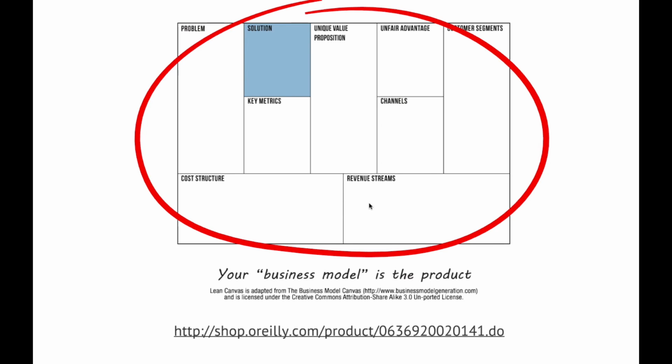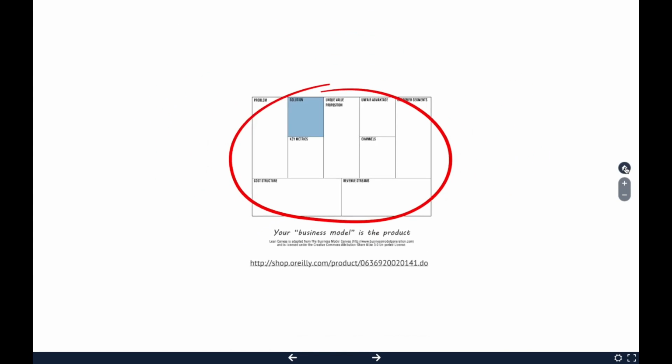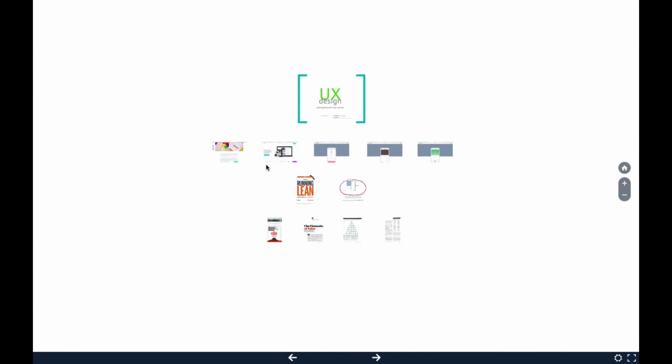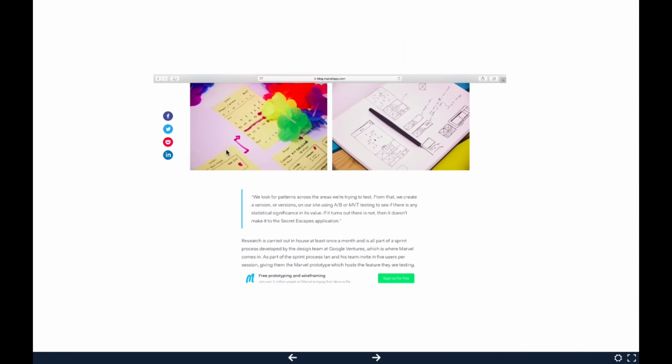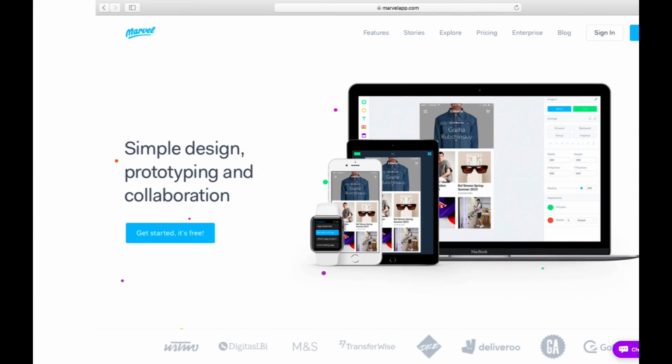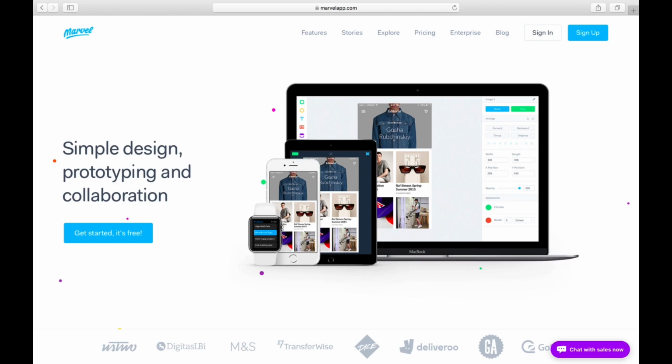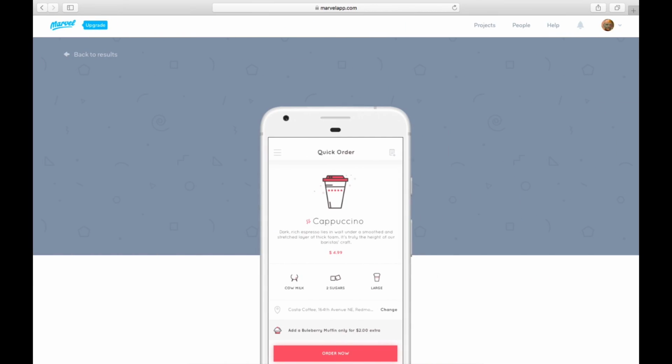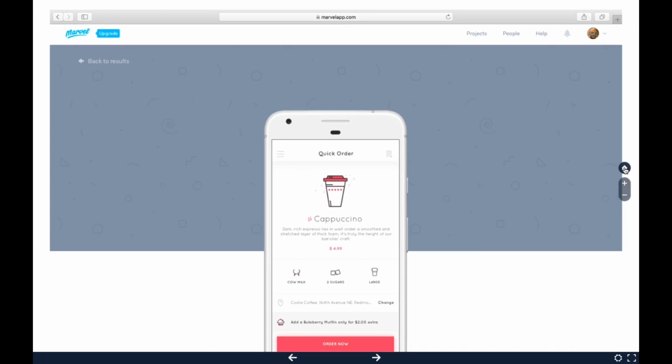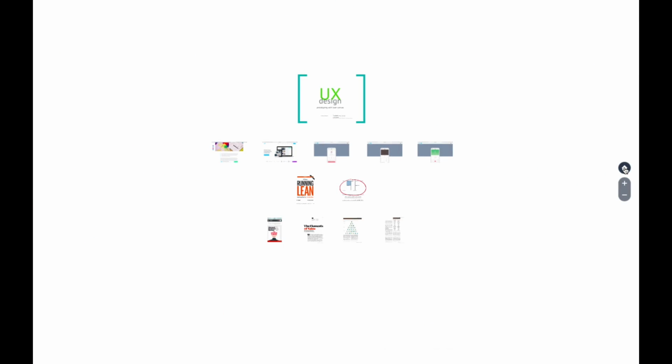It's not necessarily one thing you can figure out immediately. What is the unique value? It's probably more like something where you say it could be this, could be that. And then you make little sketches, you put them into Marvel, so you will end up with something which is like a functional prototype. And this means you can sit down with people, you can show them your app on the phone,